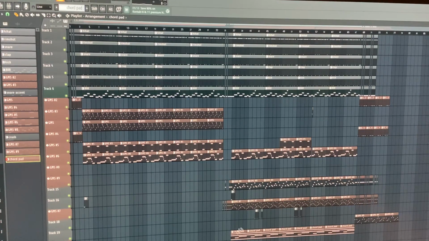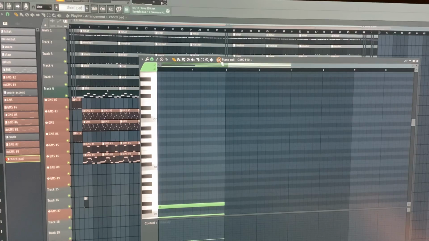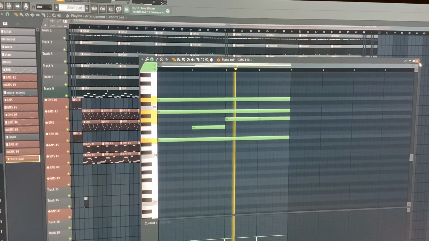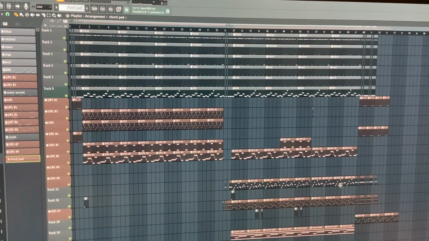And then made a pad. Made this without music theory. And then the ending to it is